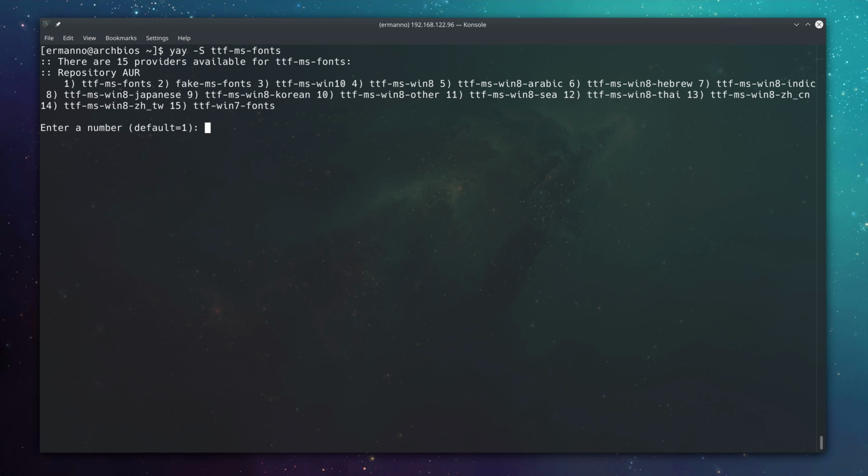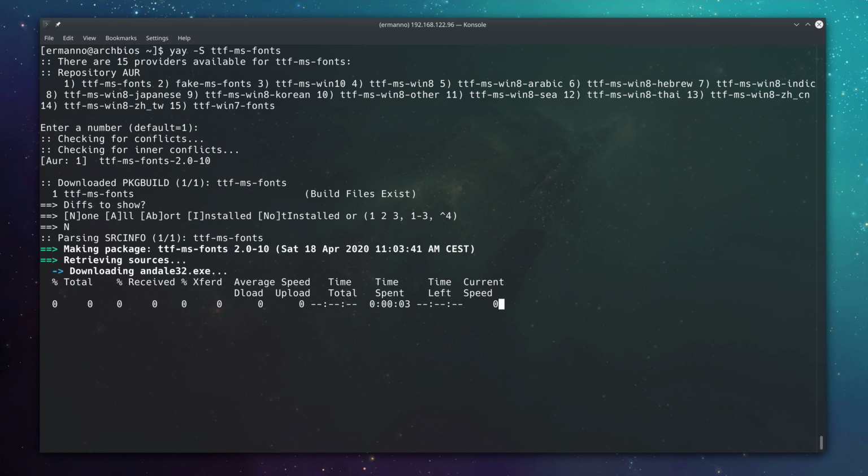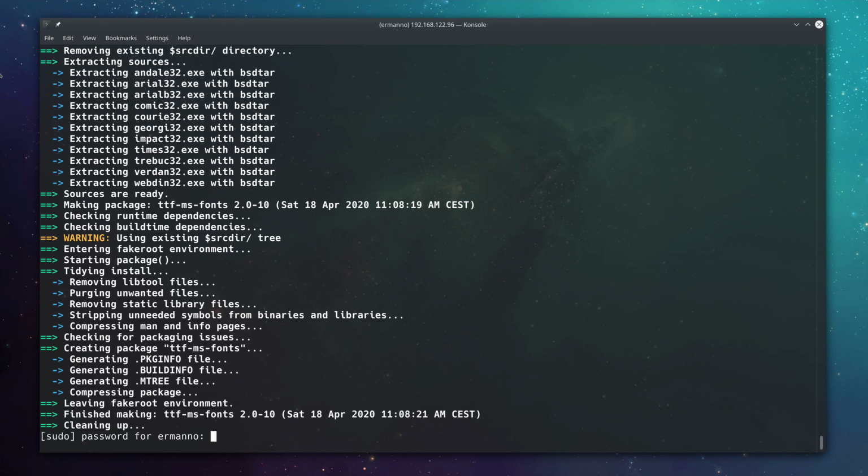So for the repository, we select the default number 1 and hit enter. And differences to show here, we don't need them, so we'll just type in n for none and hit enter. And now it's going to take some time to download and build the package, so I'll be back when it's done. So we are asked now to enter our root password,